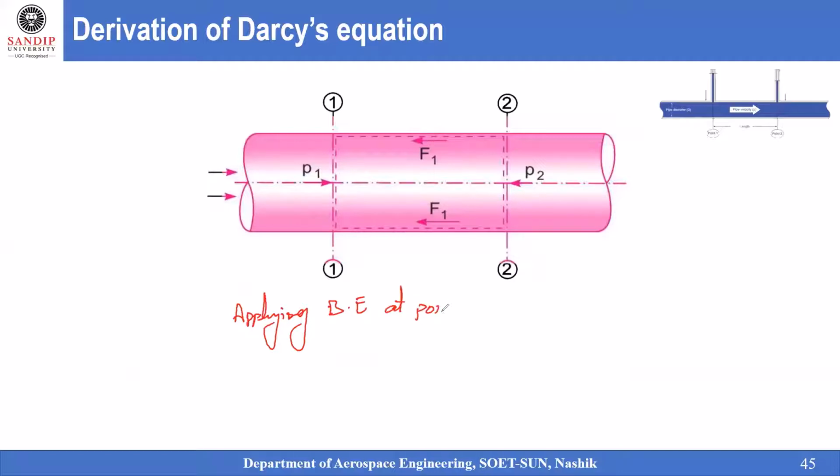Applying the Bernoulli's equation at point 1 and point 2, we get: